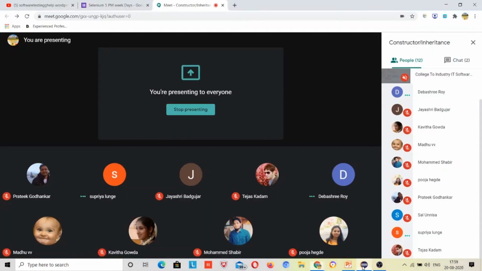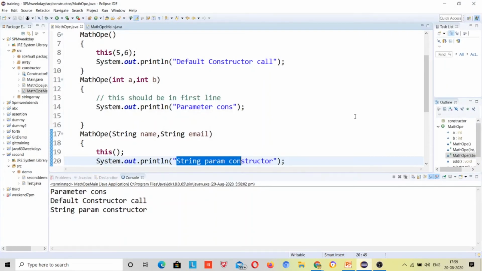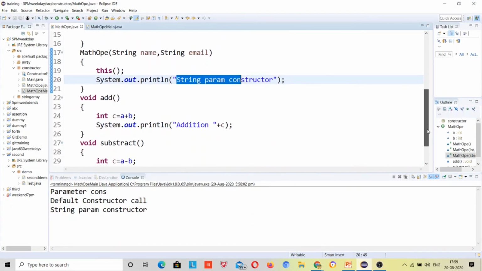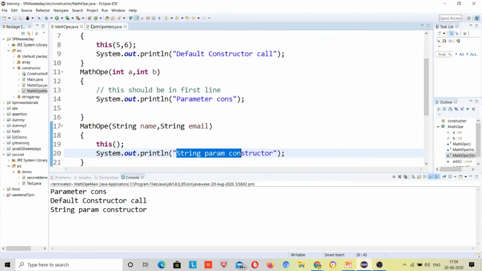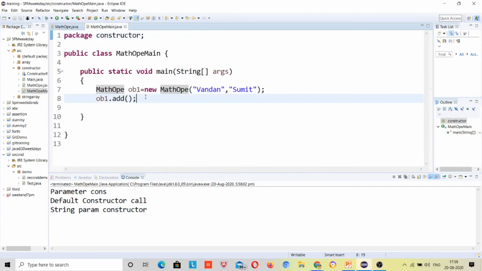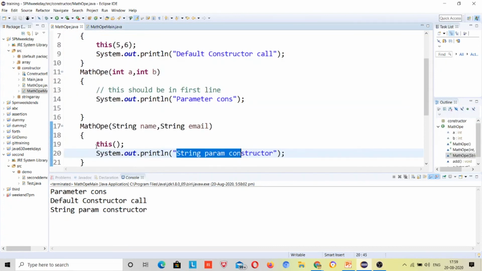Okay. One last thing I want to do over here. Now what will be the output? Let me change somewhere. This will be 5, 6, 6.